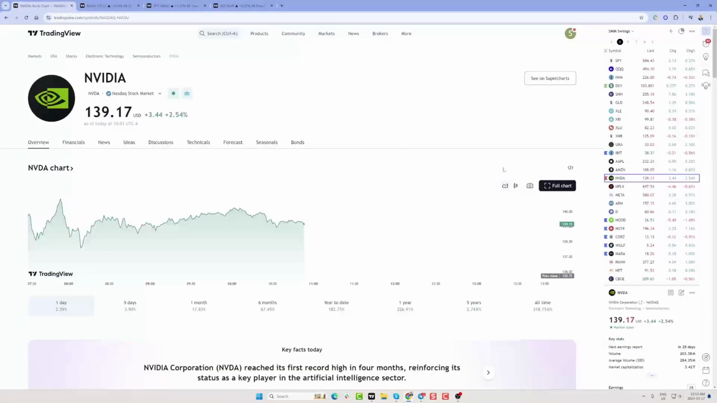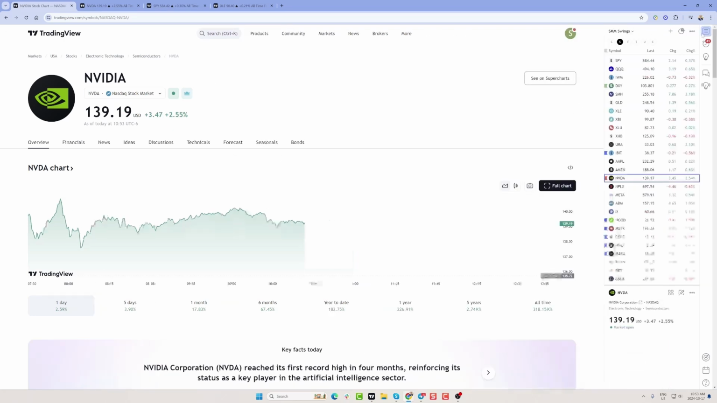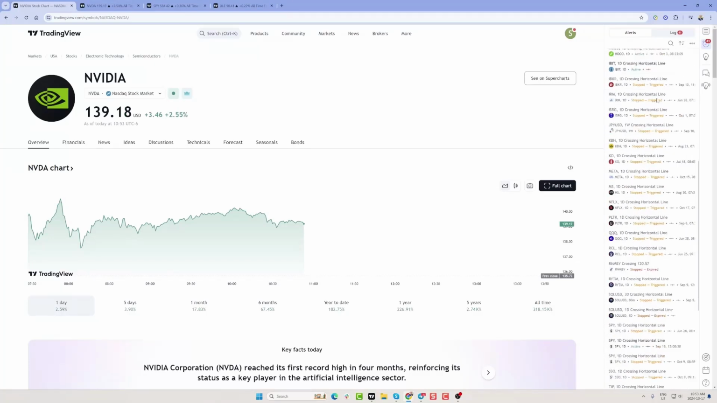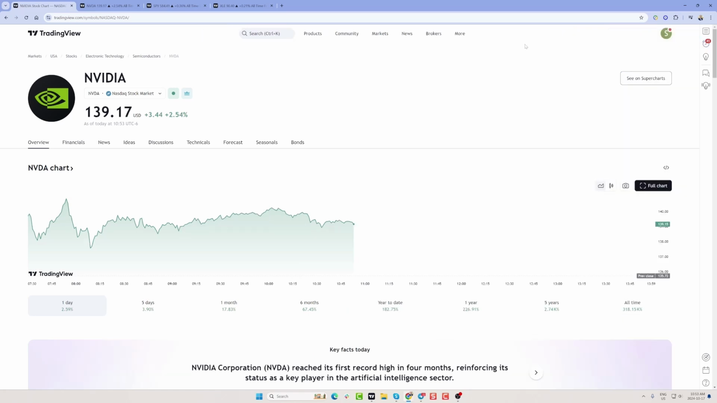So that's an easy way to get into super charts via just the main section here of TradingView without actually getting into any charts. Then we have our alert section. You can see I have a ton of alerts. I'm always setting alerts. And the great thing about alerts is that if you have the mobile app as well,